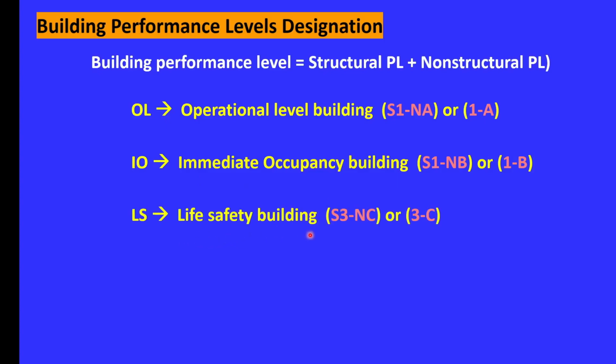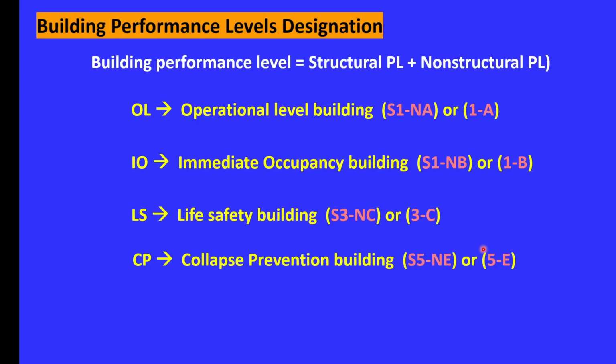LS is the life safety building. It is a combination of S3 structural and NC non-structural, in short 3C. So most of the buildings that we live in may be of life safety category if you analyze. Then you have the CP collapse prevention building, which is the combination of S5 collapse prevention structural performance level and